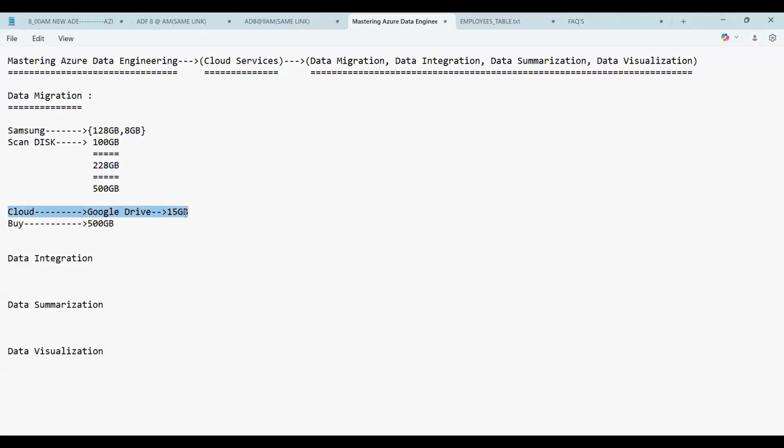Now, the next question is, do you have any limitations for storing data onto the cloud? No, there are no limitations. Sky's the limit. You can store whatever volume of data you want, without hesitation. Simply the cost will increase. That is the only thing. When you earn in crores or millions or billions, this cost is nothing but peanuts. So obviously you can store the data.